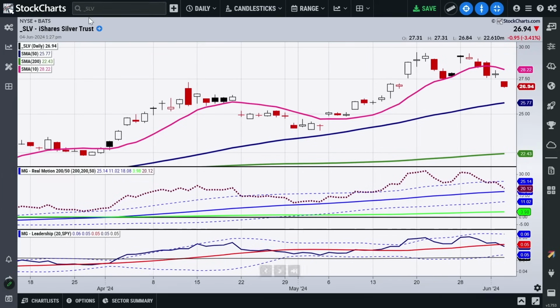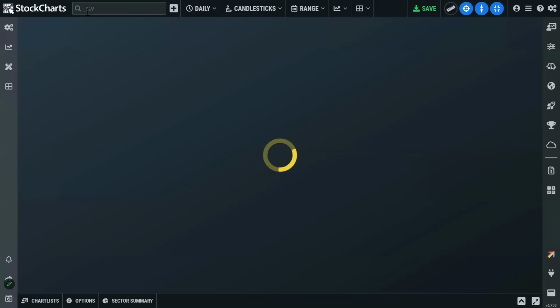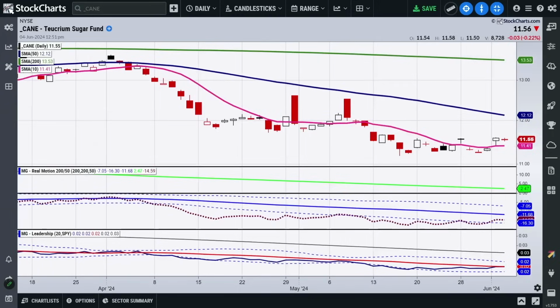So now what I want to do, and by the way, keep your eyes on sugar. Sugar, if it can get through 20 cents a pound, I'm going to show you cane here, because again, that's how most of you would buy. But if sugar gets through 20 cents a pound, then I would see a cane at around 1170. This might be another opportunity. Look how this is starting to outperform the SPY. Look at the mean reversion here. So that's sugar, by the way, and silver often tend to move together, which is kind of a bizarre relationship, but it's something I've looked at over time.